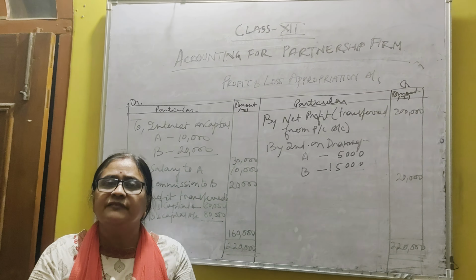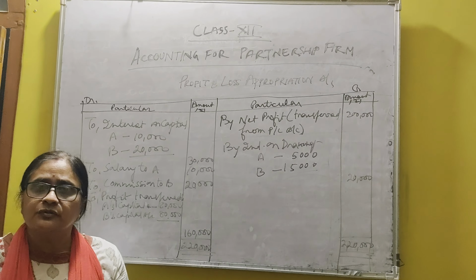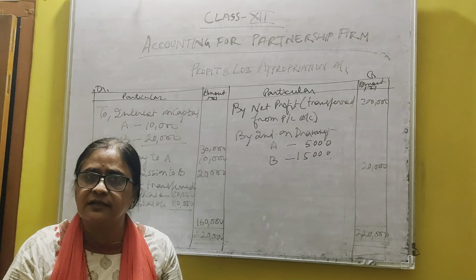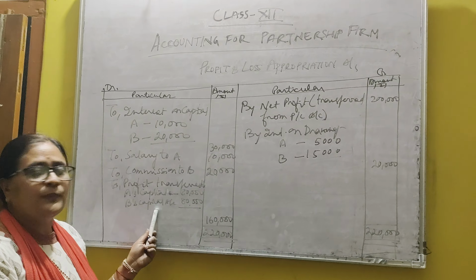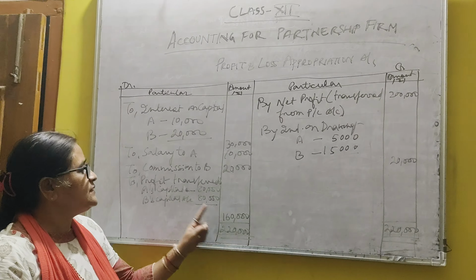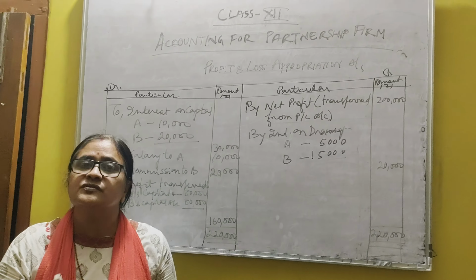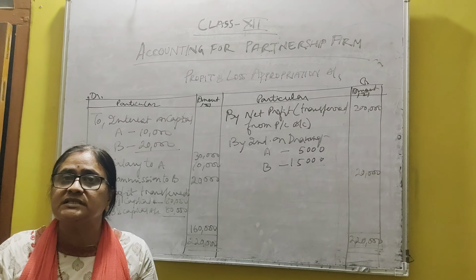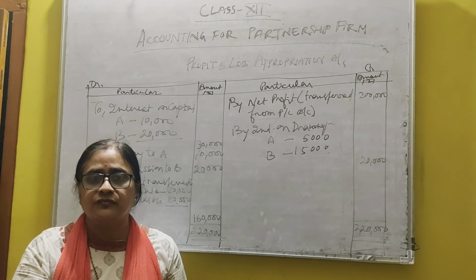Now students, the very important point you should know is those points which you should consider in the absence of a partnership deed. Number one is that the profit sharing ratio, if it's not given, it has to be equal. Now as A and B are two partners, profit sharing ratio will be 1:1. So half of 160 means 80 will be divided among them. There are various other rules like interest on capital, interest on drawing, salary to partner, commission to partners. If the question is silent, you should not show them. Only if it is given in the question, then only you have to show.